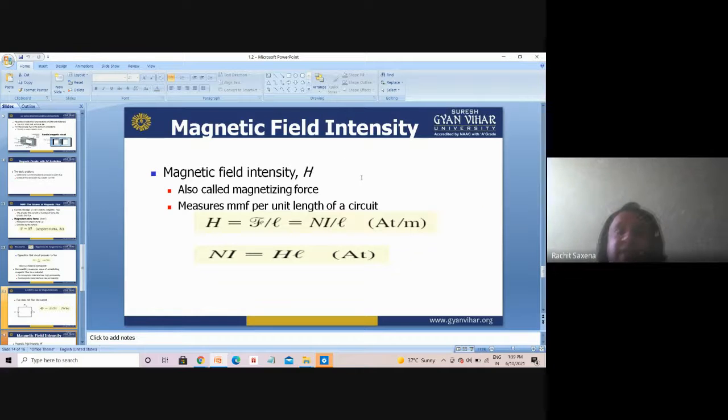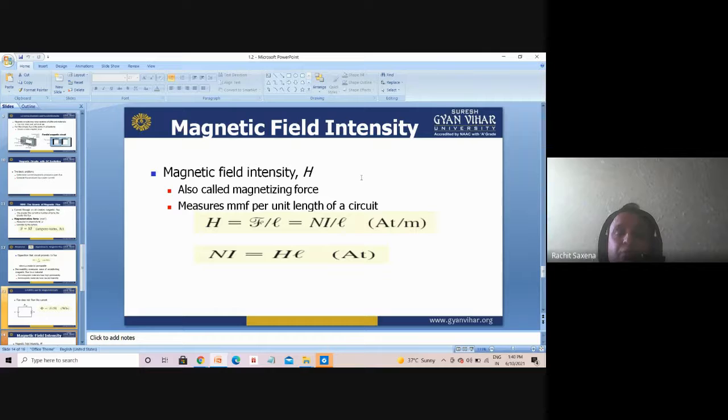Next is magnetic field intensity, that is H. Magnetic field intensity H, also called magnetizing force. This is the force through which we can generate the magnetic field or flux. It is known as intensity because it shows how intense the flux is in the core. Just as density comes in density, intensity comes in intensity, and that is represented by H. This is also called magnetizing force. If force is not there, then we cannot move the flux, we cannot generate the flux.